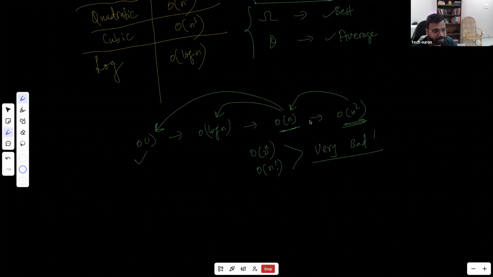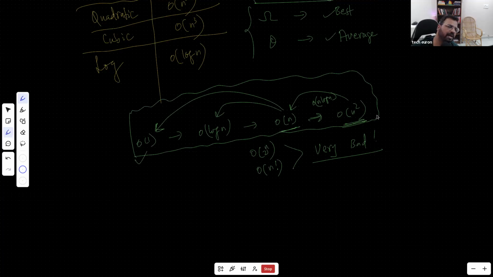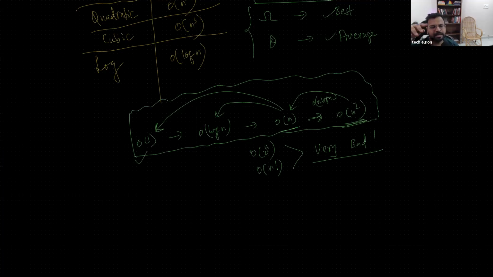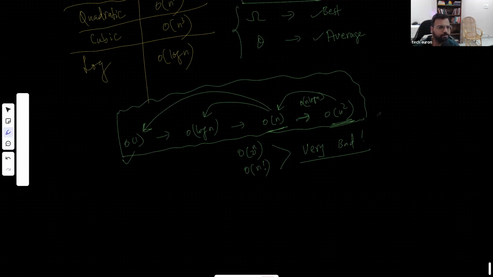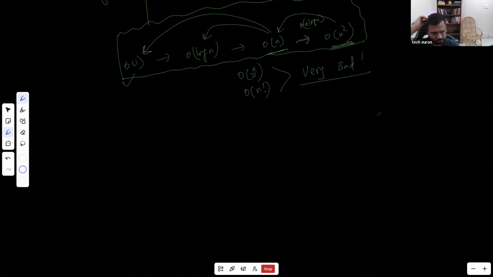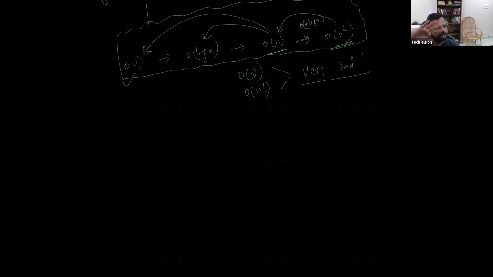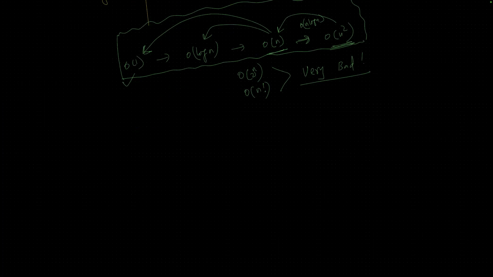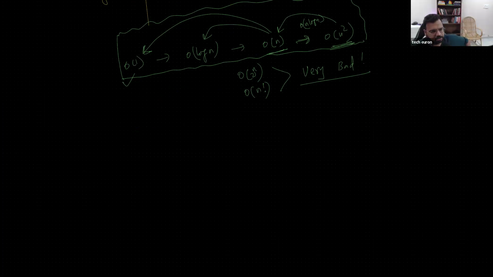Between O of n and the others there is one more, which is called O of n log n. Normally it appears in the sorting algorithms we are learning. So these are commonly the ones that you will encounter. Theoretically, if you study big O, you will have a mathematical definition, plus square root of n and so on. You don't have to bother about that. Practically, when solving problems, we will always have 4 or 5 time complexities only: n squared, n, log n, 1. When learning sorting and heaps, you will come across n log n. Other than these 5 or 6, usually you will not find other complexities.